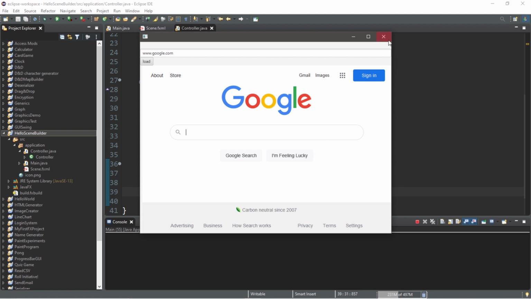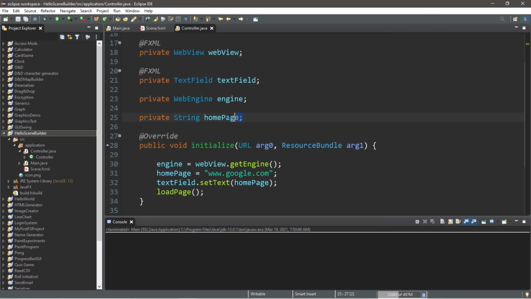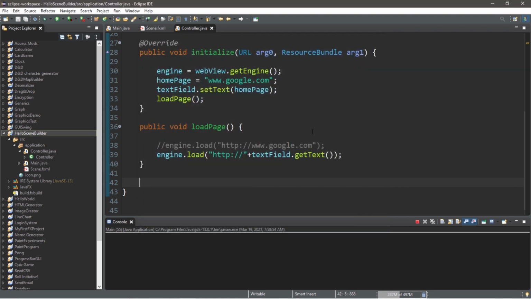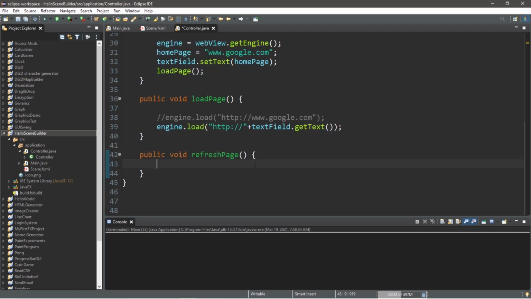Nice. So remember, there's a bunch of different ways in which we could create a homepage, but we're only using what we know so far. Let's add some more functionality. What about a refresh button to refresh our current page that we're on? So let's declare an additional method, public void refreshPage. Then to refresh a page, type